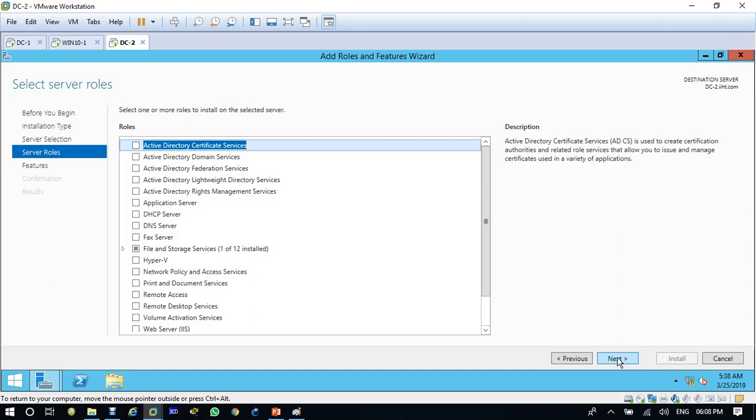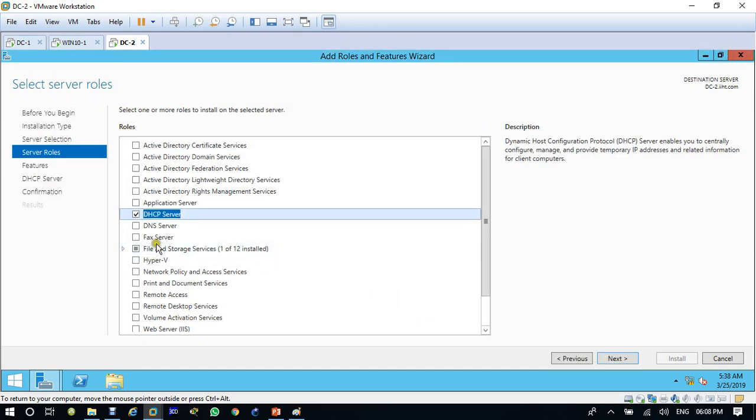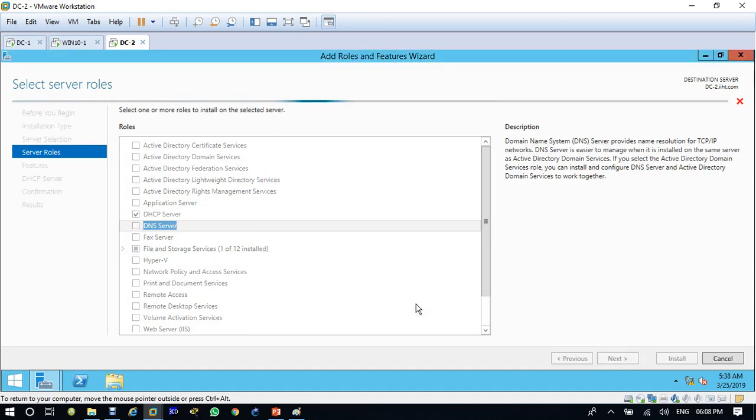Install DHCP. If you want, you can install DNS also to make a secondary DNS. It all depends on you.